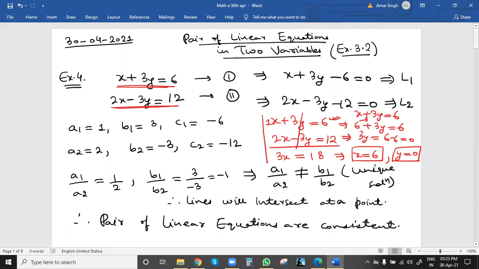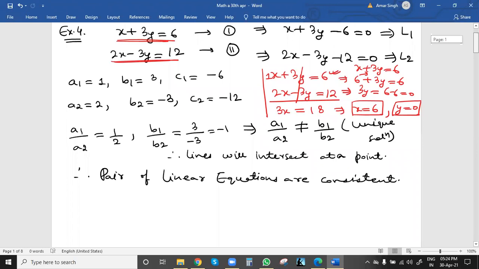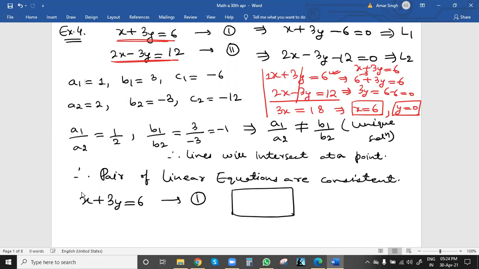Now we can start drawing the graph, because when you know the x and y values, things are very clear. First equation once again I will write. Now we will start drawing the lines. The first one is x plus 3y equal to 6. For this equation we'll draw a table, the same method, and we'll take 2 points, because with the help of a minimum of 2 points we can draw a line. Let us take x value 0. 0 is very easy to take. So 0 plus 3y equal to 6, y will be 2. Not a problem. Let this point be A.